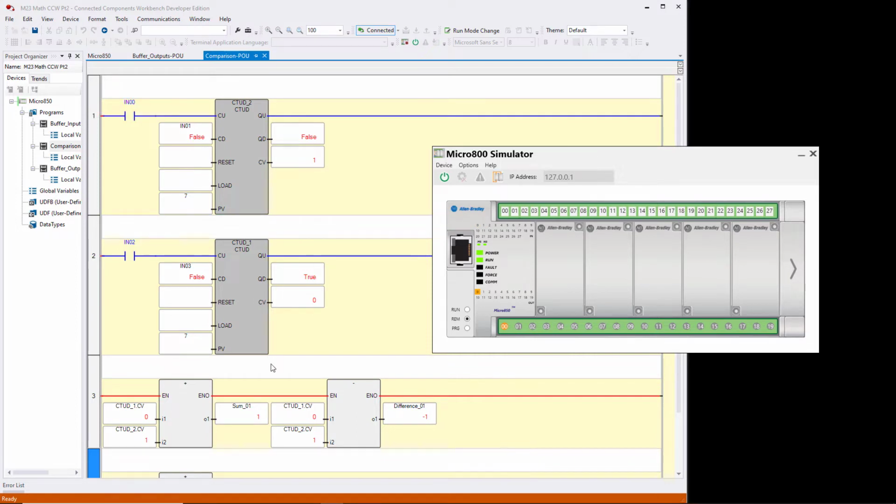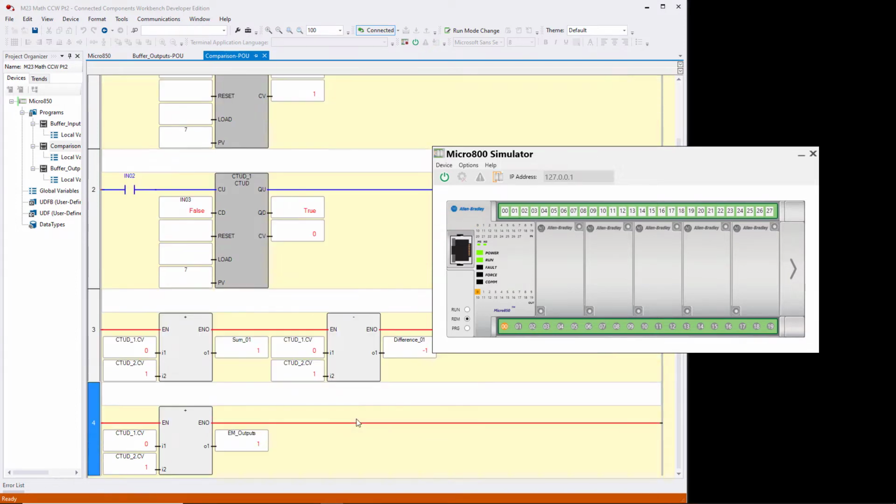so we have a value of 1. So we have 1 in embedded outputs. You see down here 0 is on. If I do another one, now you see we have 2. Now, if logic stands to reason